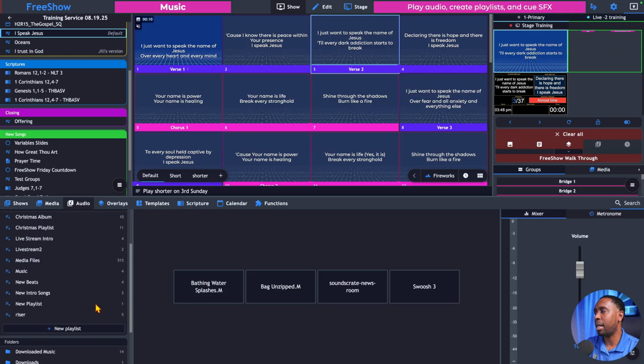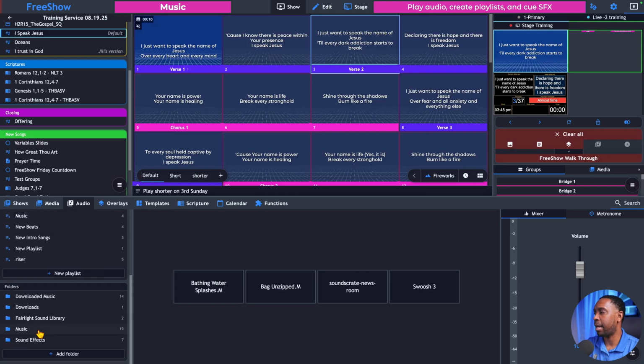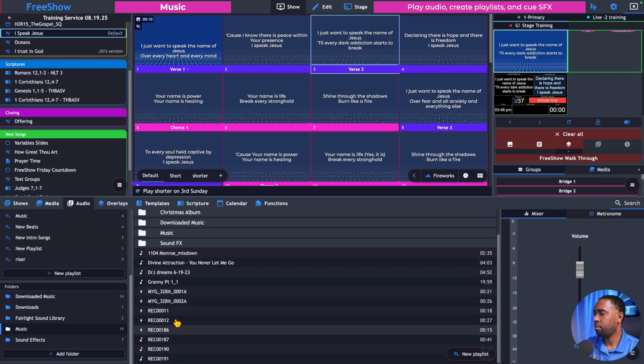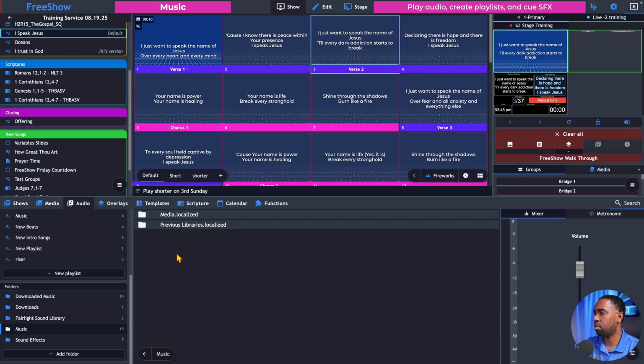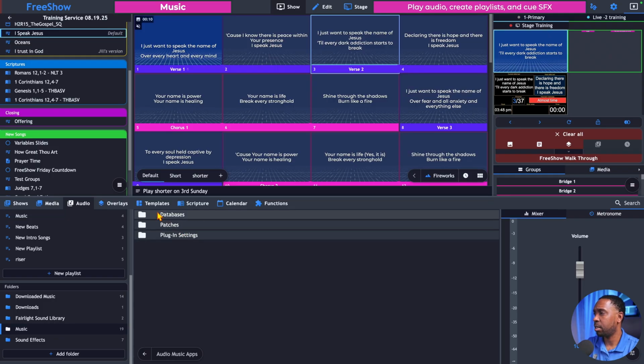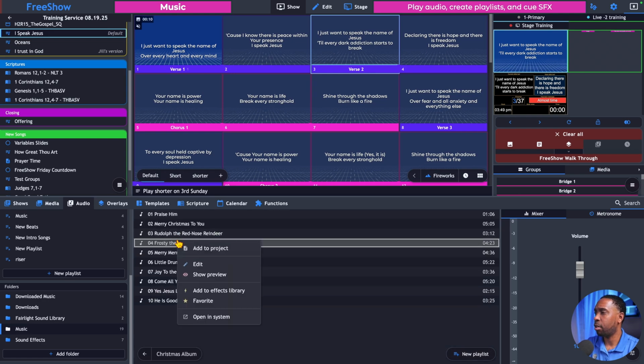Not only can it pull it into your presentation, but let's say you find something that you like. So I'm going to go to music, and let's go to a Christmas album. I want to go to that. All right. So I can right click on Frosty the Snowman, and I can add it to an effects library,